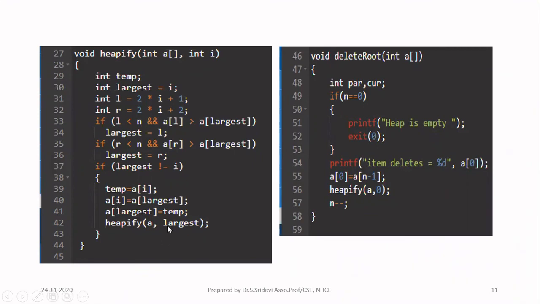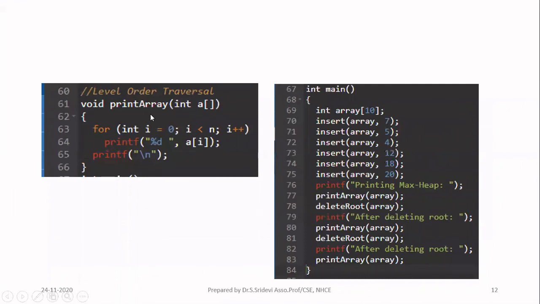You call the heapify with the first argument as the entire array and the second argument as the currently swapped root node. This process will be repeated, and it will come outside when the tree is completely heapified. So this is how you can delete a node from the heap tree.